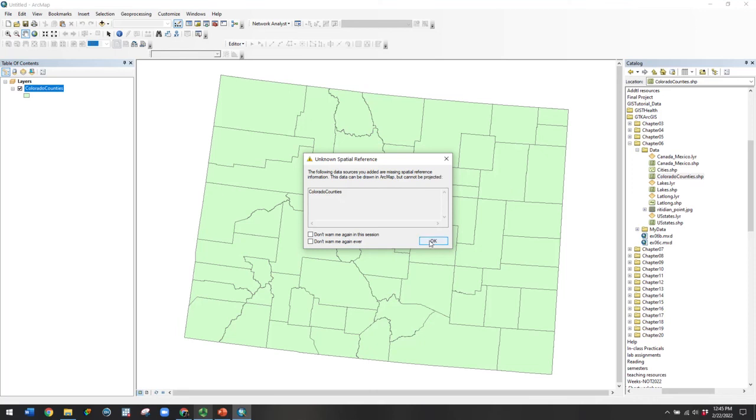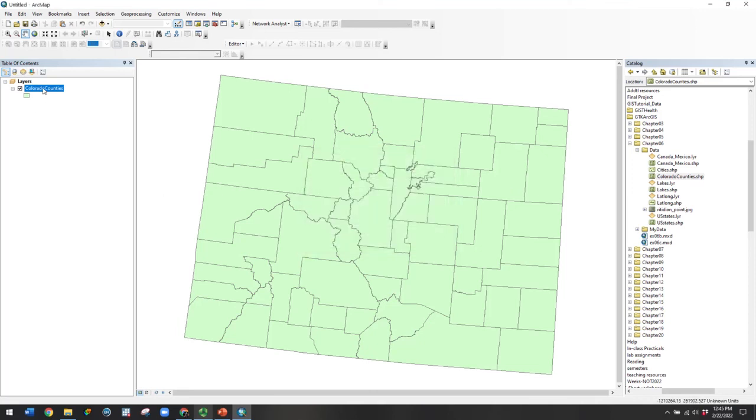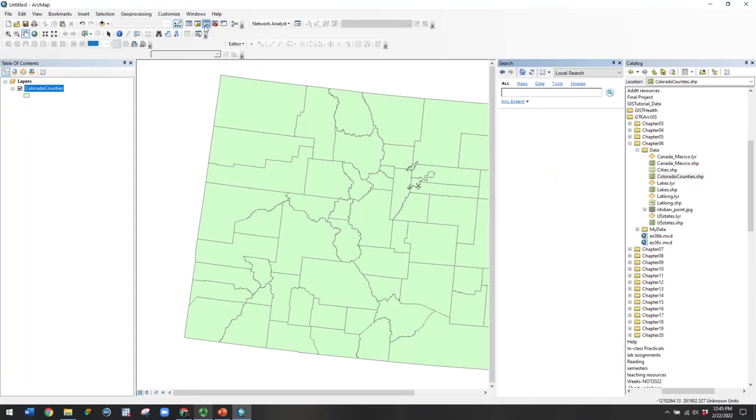So I'm going to click OK, and I just happen to know that this is collected in a particular PCS. So I'm going to use the Define Projection tool to tell the program what projection is used by this data set. And we use the Data Management tool here. Note that if you don't